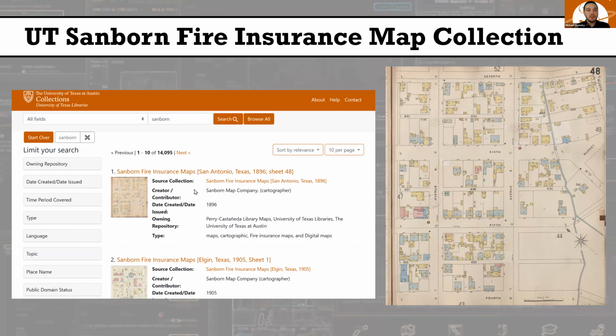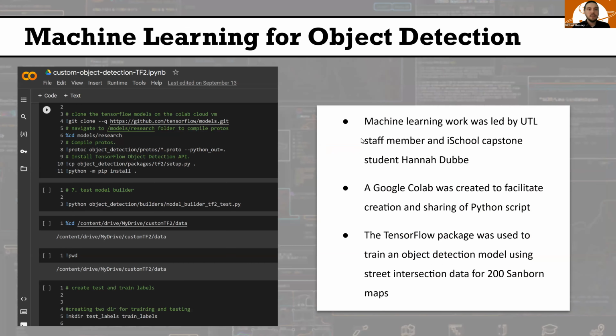These are extremely interesting, really detailed fire insurance maps of cities across Texas that were developed in the late 1800s and early 1900s. And it's building level detail. You can see these really intricate details that tell you a lot about what was happening in these cities in the particular time periods for which these maps were produced. So really useful to folks that are doing historical research on events here in Texas.